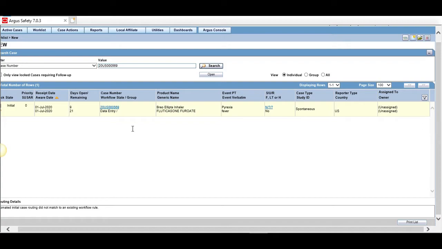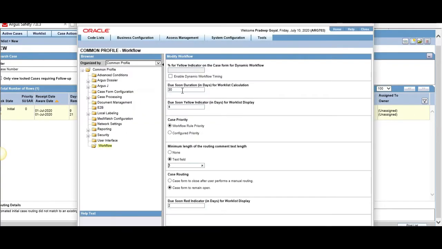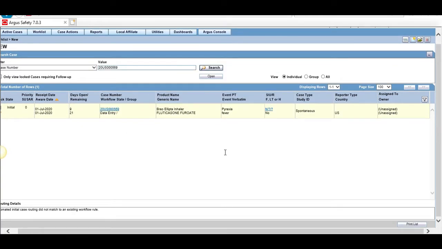That means the case has been there for the last 9 days in the data entry workflow and nothing has been done, and we still have another 21 days to process this particular case. So every case has a life cycle. If it starts, it has to end. But the default configuration it takes from the console is 30 days, so the days remaining is 21 days. Okay, so far so good.